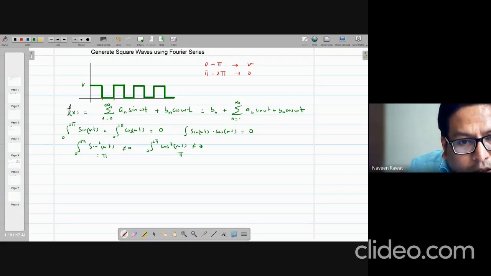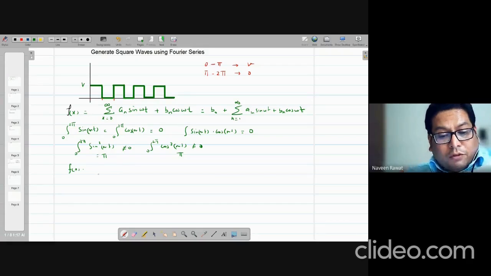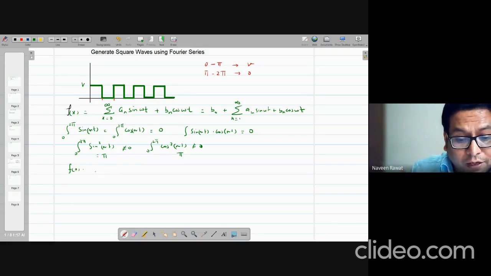Okay, so the initial term b0, again, when I want to find this b0 term, this an term and bn term, basically I have to do the Fourier trick, right? So I have to take some function f of x, and then basically I have to just integrate the function. Okay, so for the calculation of the b0 term, I take the integral from 0 to 2 pi, and I'm doing the same thing on the right hand side, some integral of b0. Remember there will be other integral terms, but the integral of all sine terms is 0 and the integral of all cos terms is 0. So these terms all vanish and I am only left with this b0.